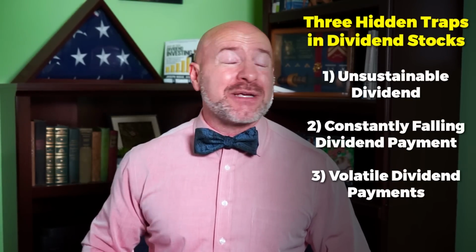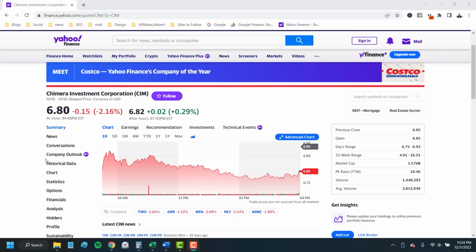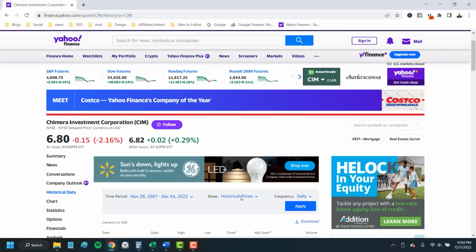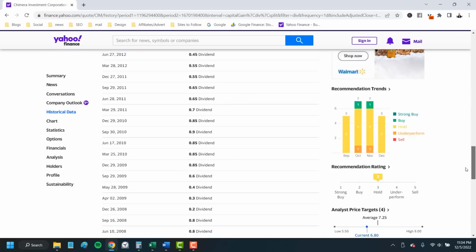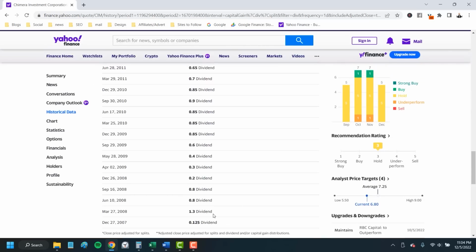The final dividend trap, before we get back to our list, is the dividend that jumps up and down with the economy, an unpredictable dividend. We'll look at Chimera Investment, ticker CIM for this one, but you're going to see this in most mortgage REIT stocks. Again, looking at the dividend history, here you see not a constant dividend cut every year, but just unpredictable